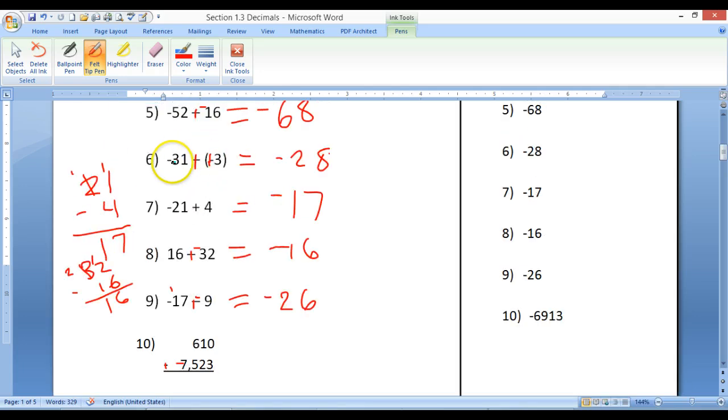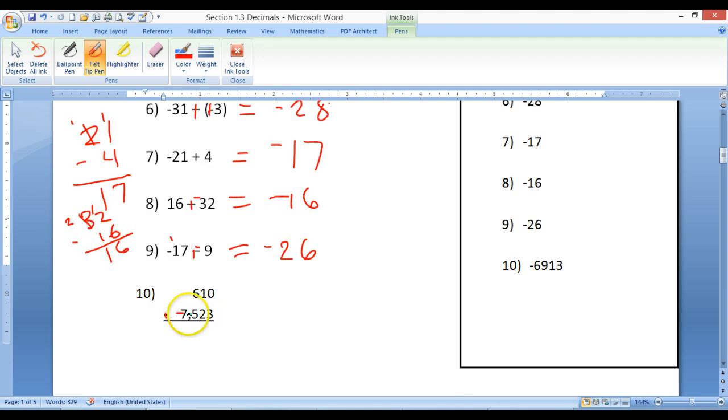Come up here. We had a negative and a positive. We subtracted and then took the sign of the larger one. So here I'm going to subtract, and you're thinking, well, wait a minute. It already said subtract. Yes, but I can't subtract it like this. I'm going to set it up like we've done before, and then go ahead and take the sign of the larger number. So I'm going to set this up so that we can really subtract. 7,523 subtract